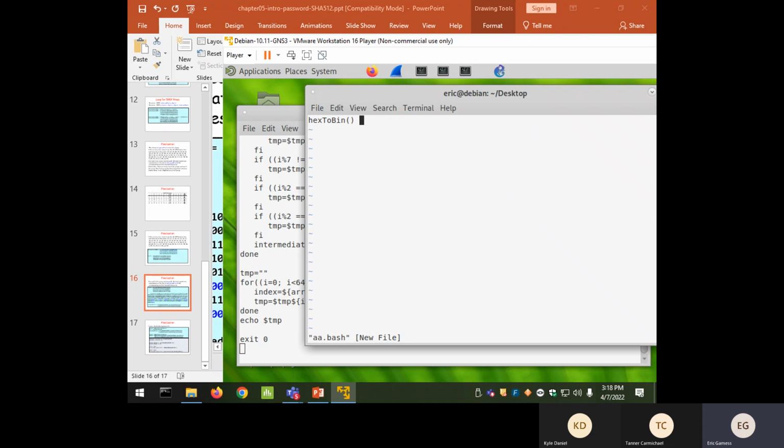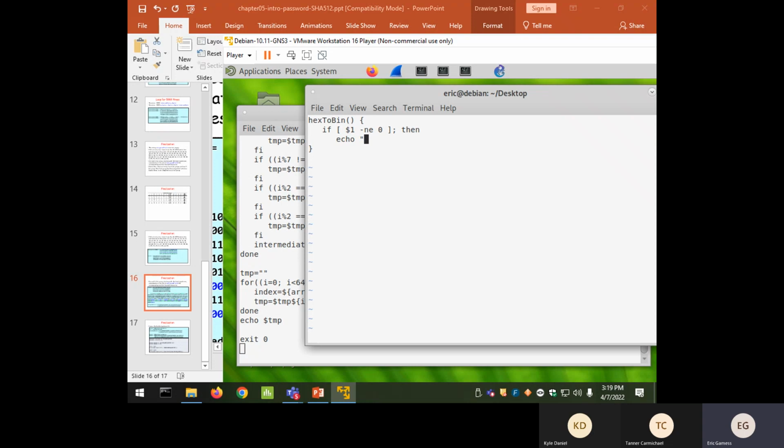And x to bin will be a function that receives hexadecimal and returns something in binary, the equivalent binary. So I can do a long if. I can do, for example, if $1 is equal to 0, then